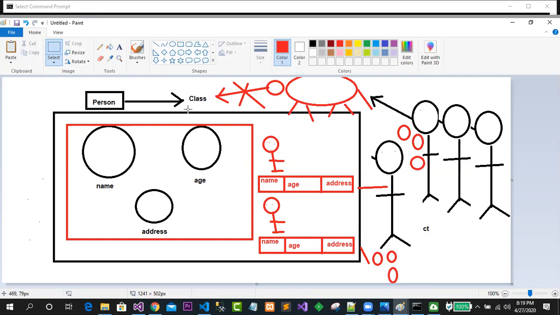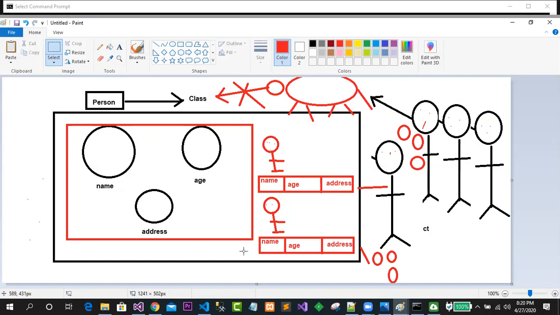Why do we call it a logical structure? Till the object is not created, it doesn't allocate the memory. This is why it is called a logical structure. Till the object is created, these variables are not going to allocate the memory.